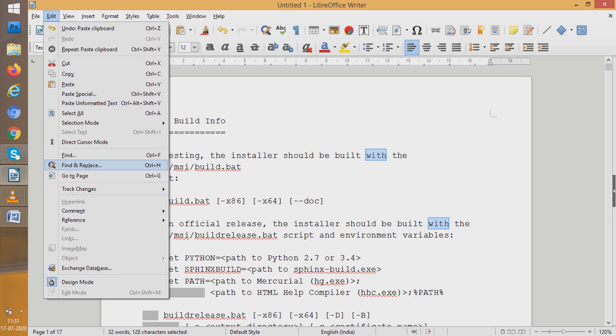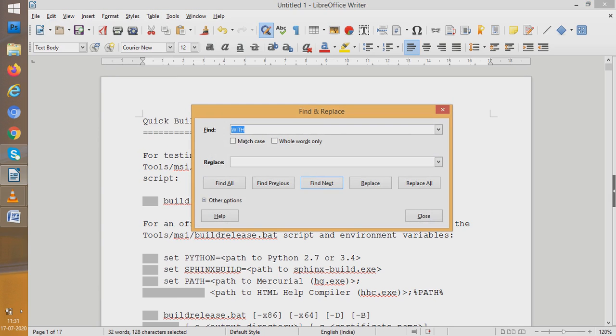So let us click it. So we clicked the find and replace dialog box. Now, find what? With whole words only. That is, if something is written, say, and within that word "with" is there, don't use it. If we click it, it would be saying that only a single word "with" would be taken into consideration. If "with" is amalgamated or remains within a bigger word, it is not to be taken into consideration.